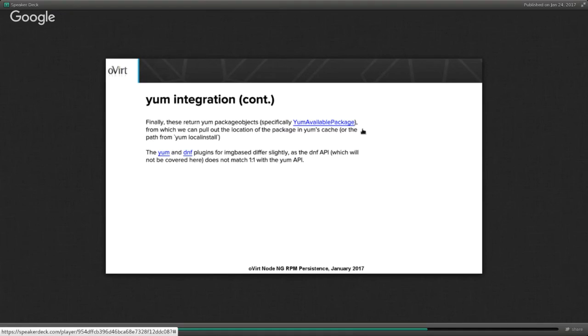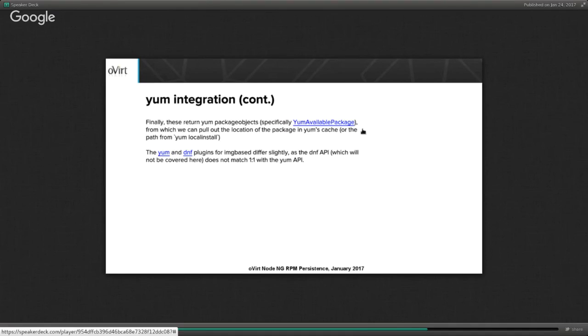And if you've ever used the Yum API, the Yum package object essentially mirrors the RPM API itself. A lot of the things which we would want to find, like NVR or NVRA, are there. But the most important thing for us is that the Yum package object also provides .localPkg, which shows us where it is,